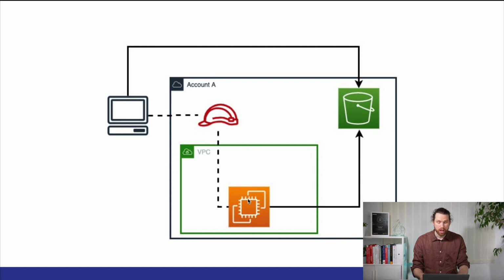Next exercise. Okay, let's create now a private VPC. So private meaning that anything that is within the VPC can't access the internet, and anything that is outside of the VPC can't access the workloads within the VPC. Okay, so like a separated network that nobody can access, and it can't access anything outside of the network. And to this network, I'm going to deploy an EC2 instance, and we will check if we can actually access an S3 bucket